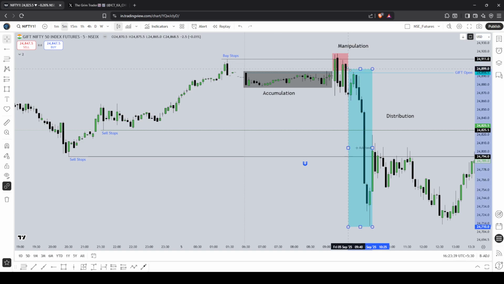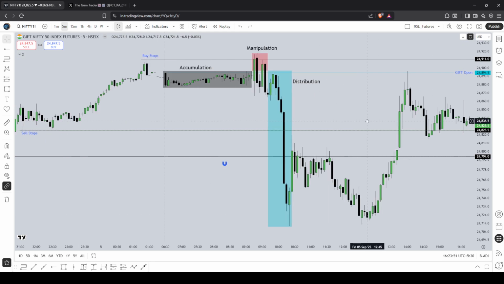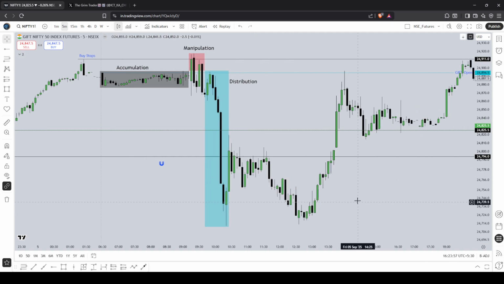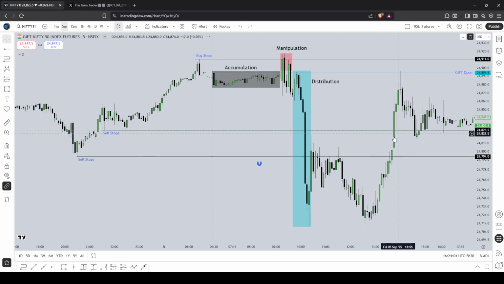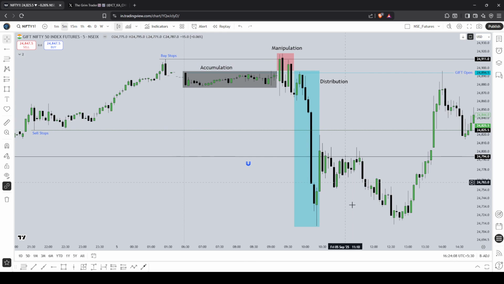The color codes aren't about bullishness or bearishness. It's about the segment of price action that is being described here. This is accumulation, manipulation, distribution. On a higher time frame, you'll see as the opening of the candle, open, high, low, somewhere over here close happens, but this particular time it just kept going higher. That's a separate issue after market close. But generally, this is all there is to one session.